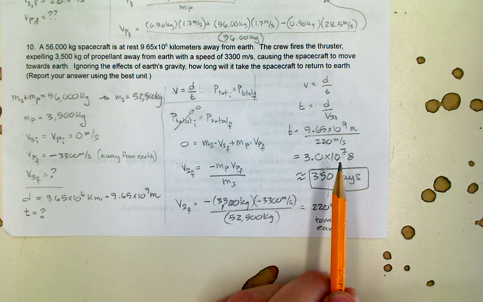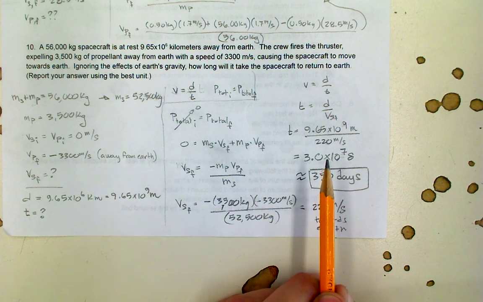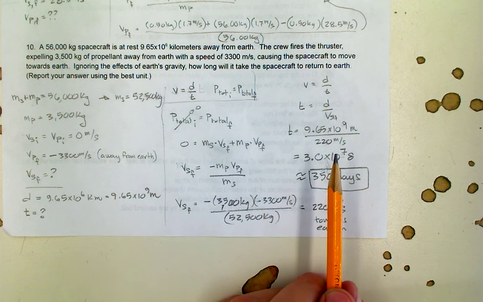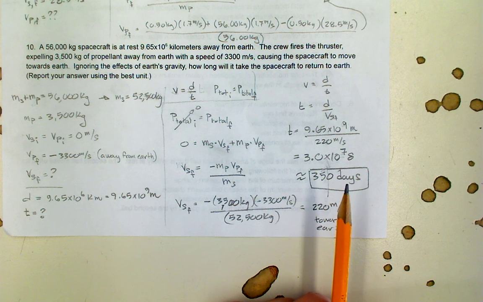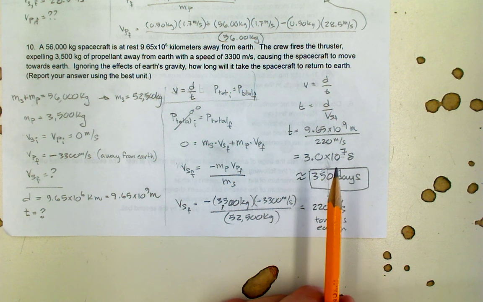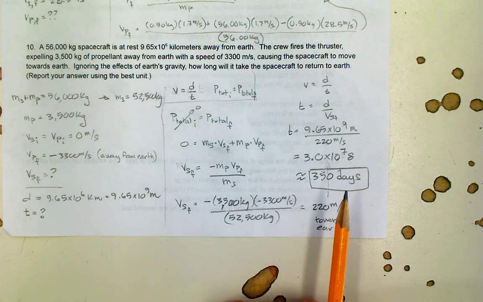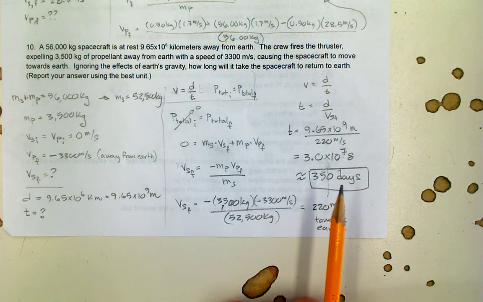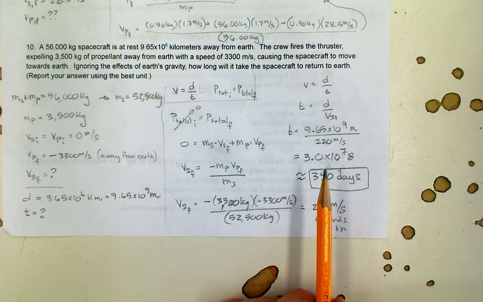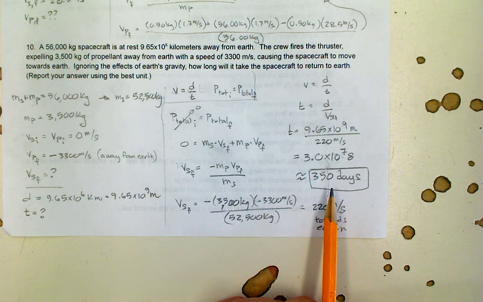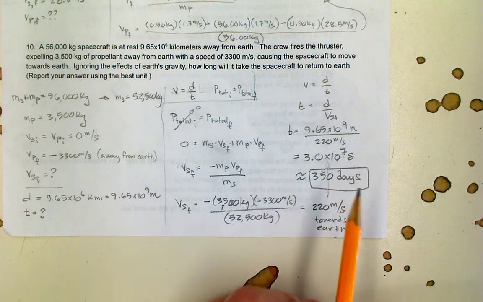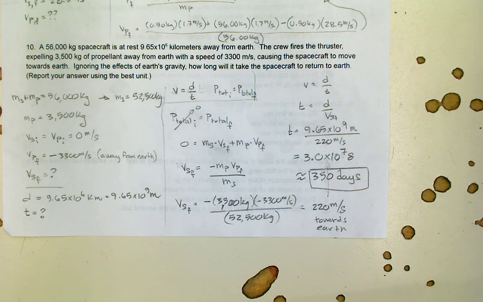But in order to understand what 30 million seconds are, I just divided it by 60 to get minutes. I divided by another 60 to get hours, and then I divided by 24 to get days, and I got 350 days. So that makes a lot more sense to me than 30 million seconds. In other words, this spacecraft is going to take about a year to get back to Earth. And that's in terms that we kind of understand. So that's part 2 of this